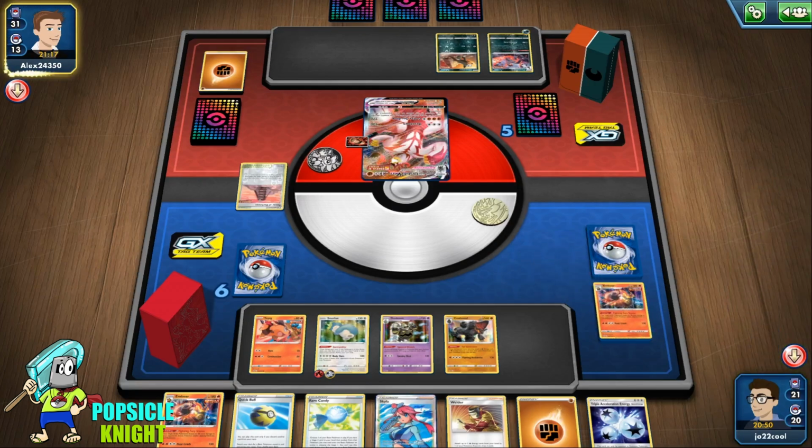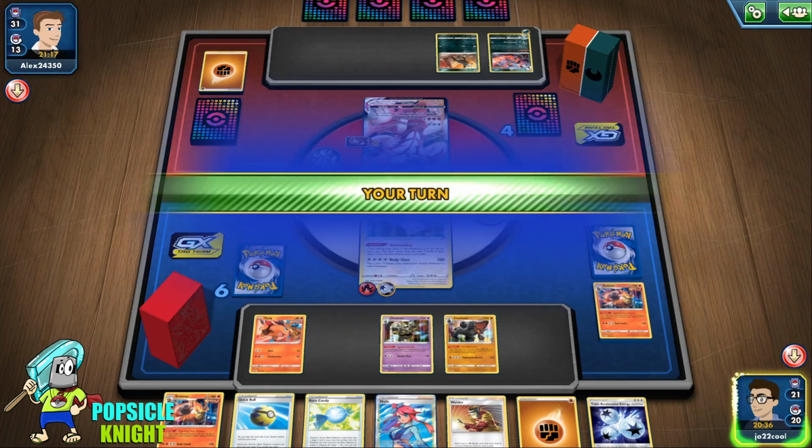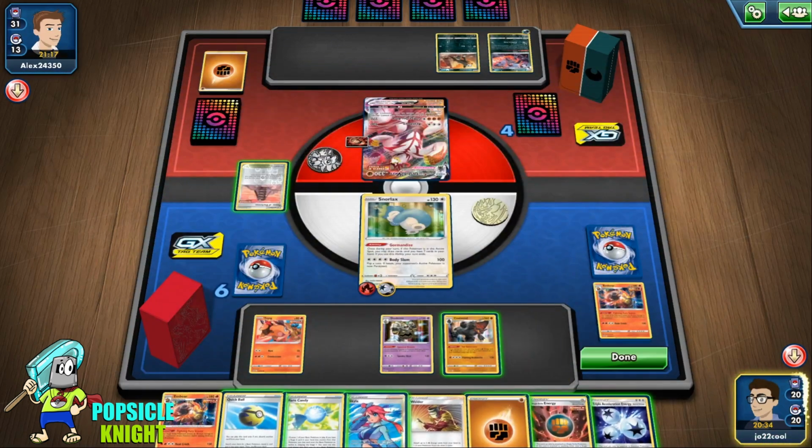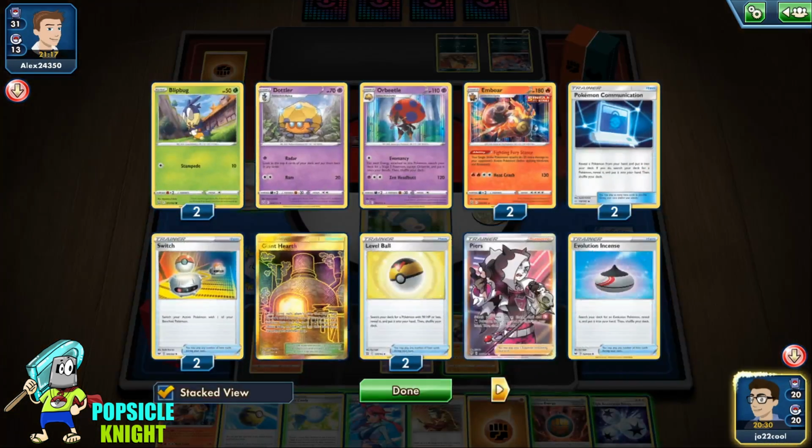Well, that's not good. Well, at least they have to go through the process, you know what I'm saying? They have to recycle those single strike energies back into the deck to be able to use Emboar's ability, and then they have to have